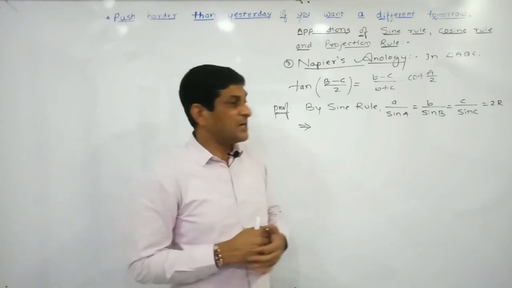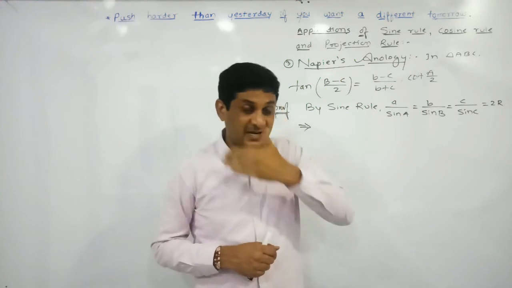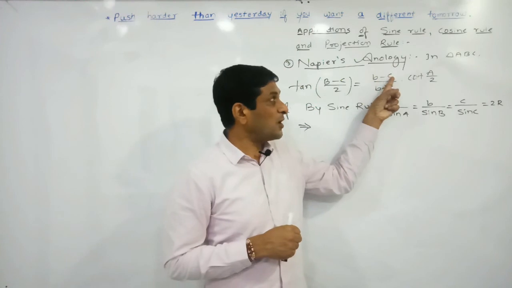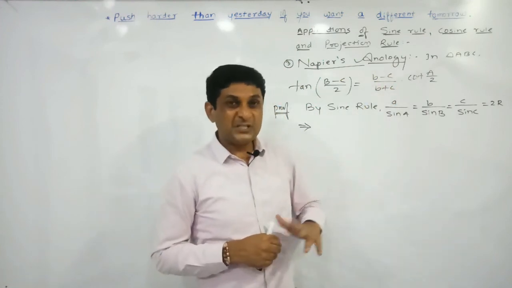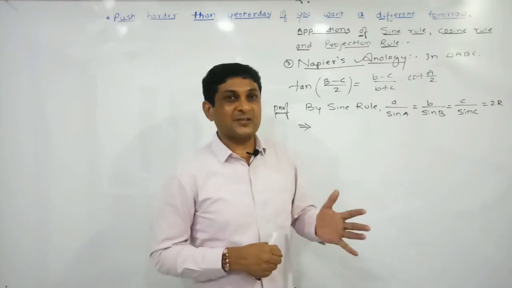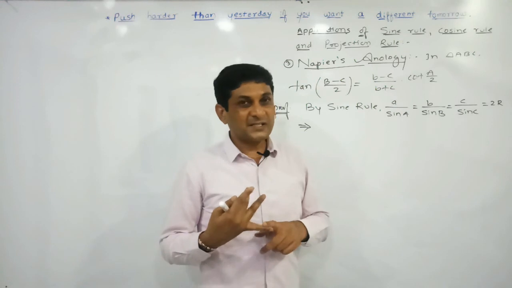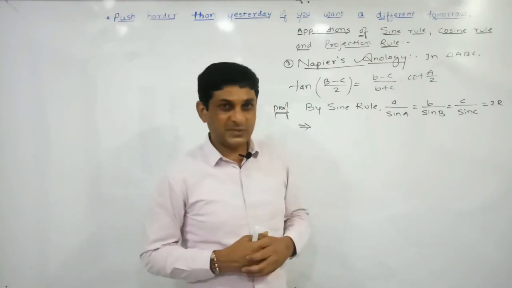But if you observe the left hand side, capital B capital C means angles of a triangle. The result is in terms of angles. And on the right hand side, small b small c appear, which represent sides. Means in our required result, sides do not appear. So we have to eliminate these sides using the sine rule, cosine rule or projection rule. Here we are making use of the sine rule.